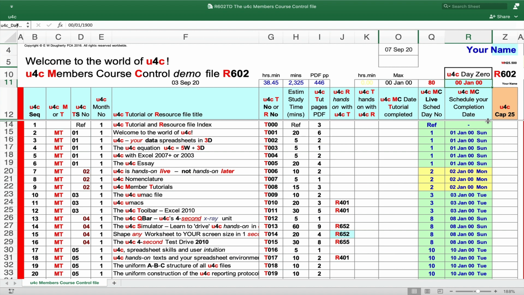As a 90-day course, we will need to schedule when we will work on the course over the next 90 days. u4c here adopts simple formulae to achieve such a task with minimum effort. Here's how. We will need to identify our planned starting date as day 1 and schedule our work program from there. This u4c1 file has been given a u4c day 0 cell R11, into which we enter the date for the day before the day we wish to start. In this example, this will be the 6th September 2020. We enter 6 September